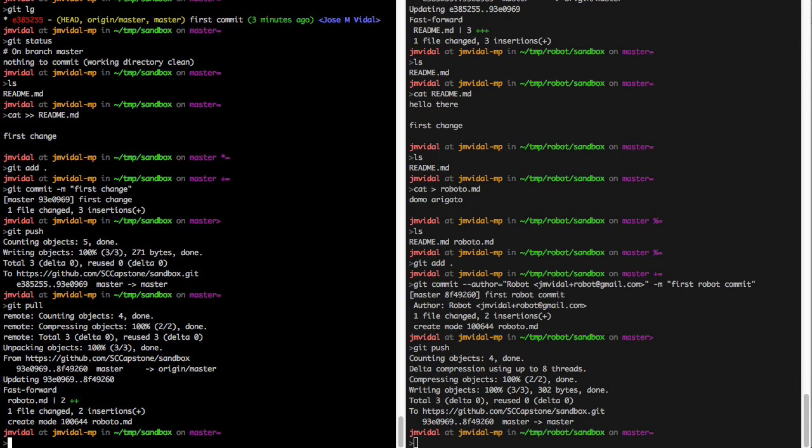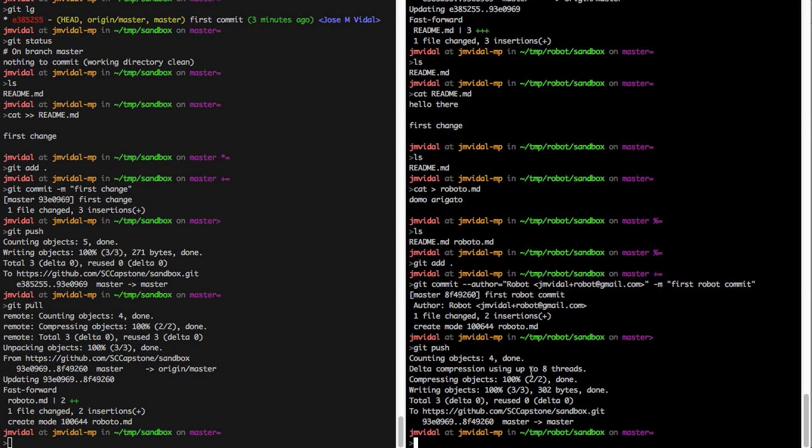The first problem you're going to run into, and this is very common, is that let's say the robot makes some changes, and I make some changes. We're both committing in our respective masters, right? So we're both doing local commits. We haven't pushed anything yet. And after 5 or 10 commits,